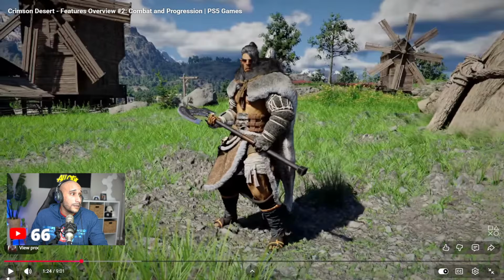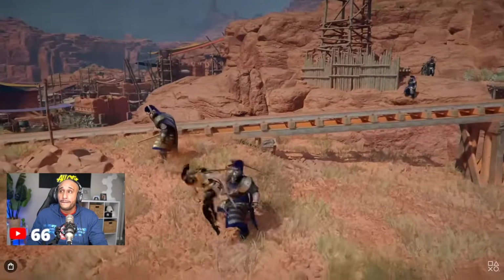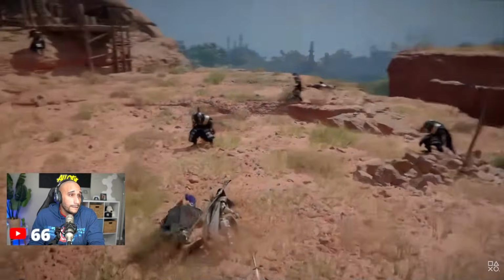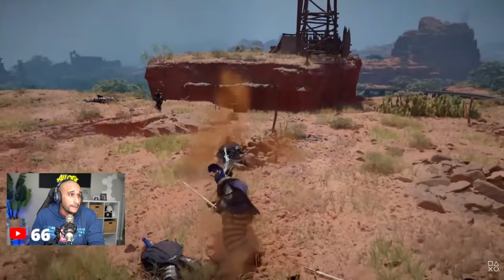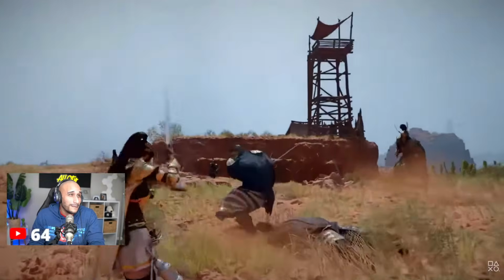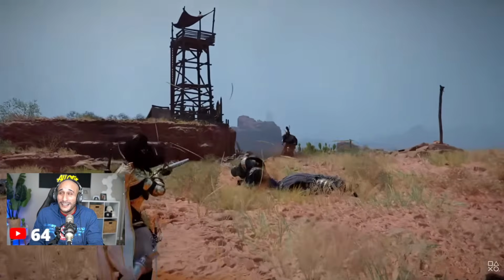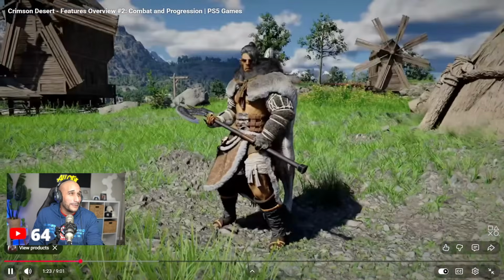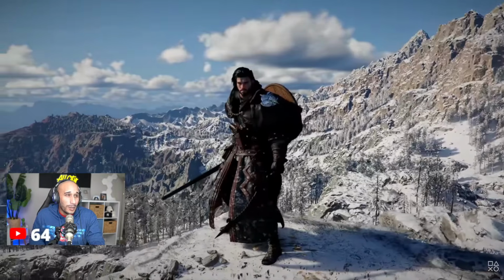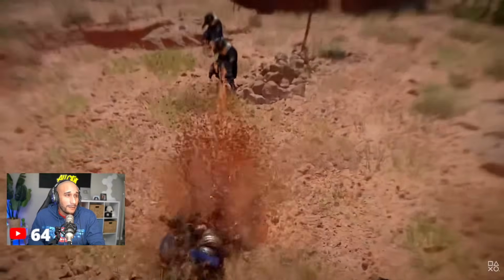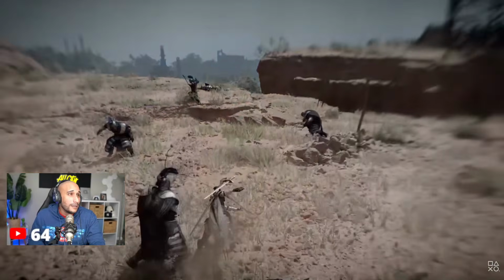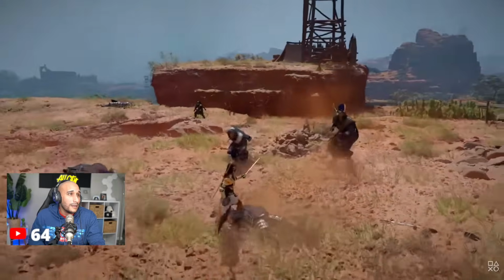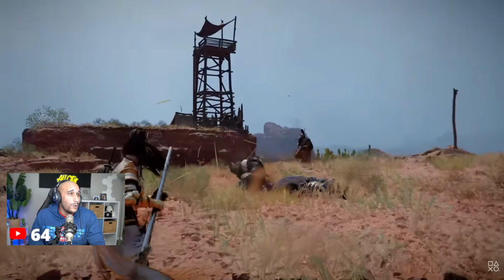All right, so let's see these various ranged weapons. Each weapon has its own advantages, so switch back and forth to the ones that best fit your style and the situation you're in. Yo, you saw her pull out the gun? Hold on a second. One of them got a hand cannon. Oh, word.